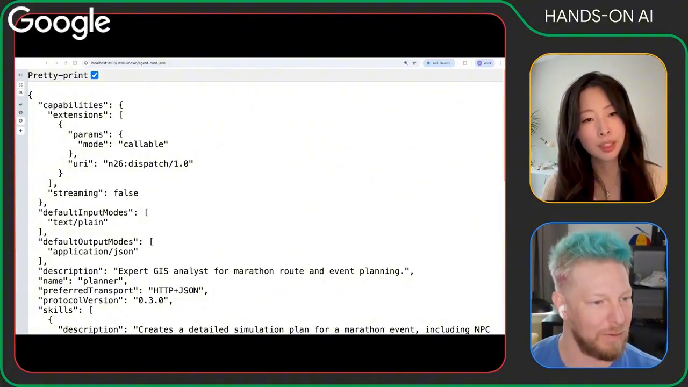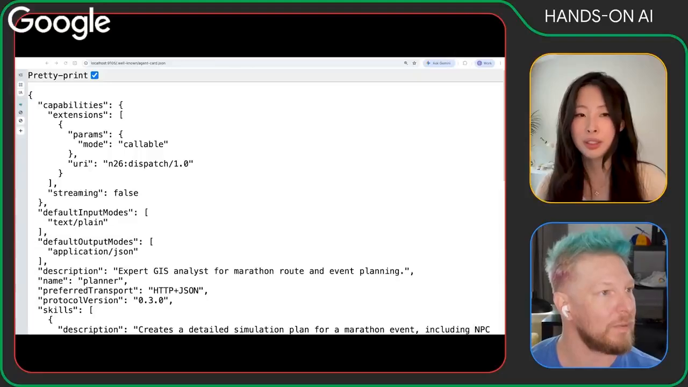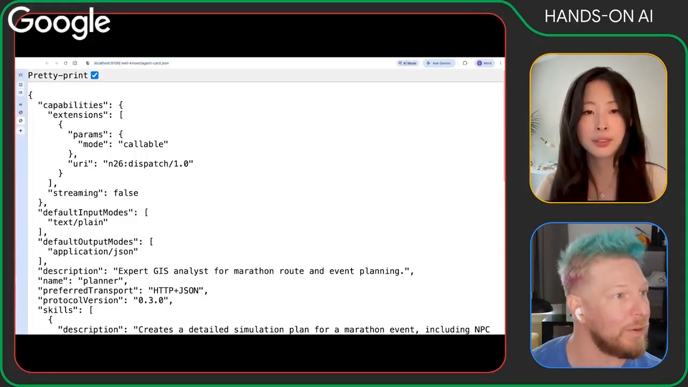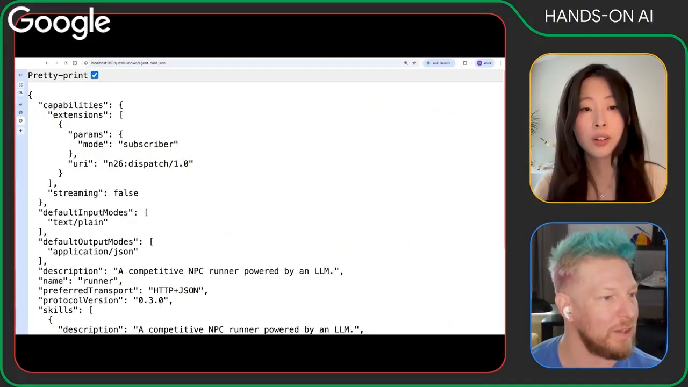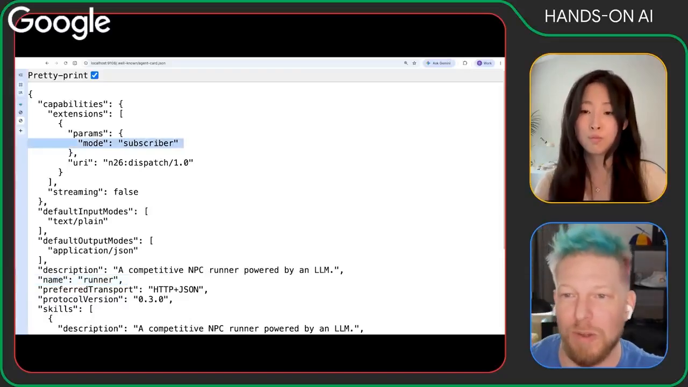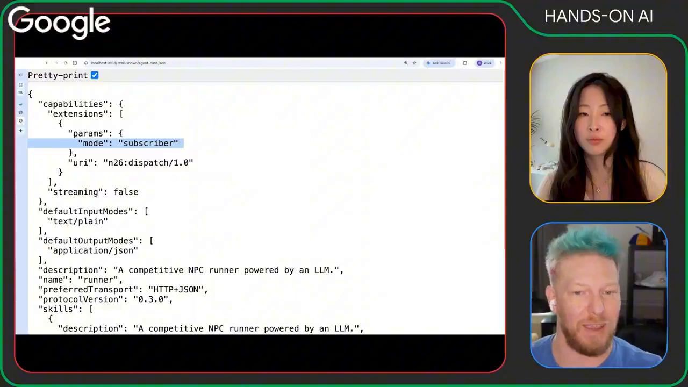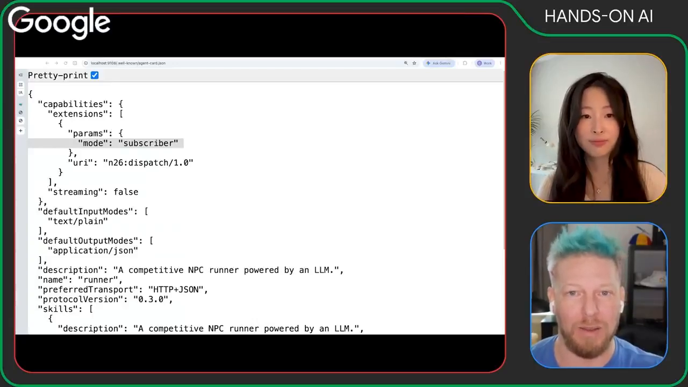Just a minute. So we can also change this dispatch to subscriber if you want to change. Yeah, so let me go to port 9108, and you can see that this is the runner agent, right? And it's a subscriber. So this is the way that the gateway service reads this and figures out what method to use. So if I go back to sharing the code